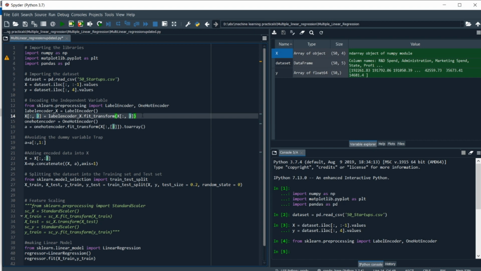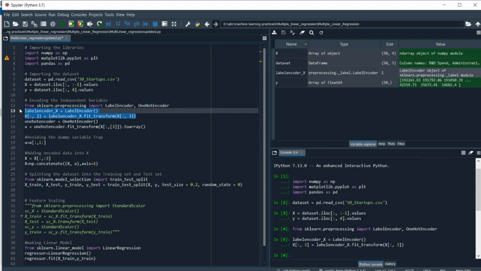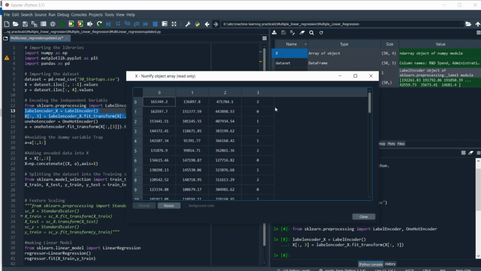After executing these two lines of code, it's going to encode them into their numeric representation. As you can see, all the state values are encoded into numeric representation. It was California, New York and Florida here, and now it's 2, 0, 1. It may have assigned the values 0, 1, 2 to Florida, New York, California and so on.